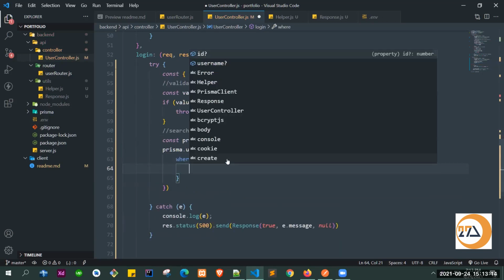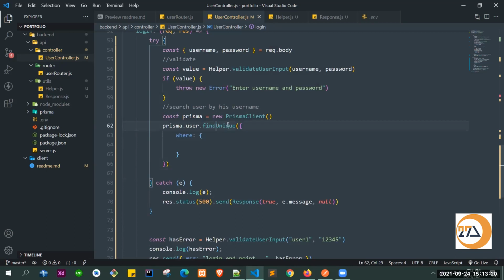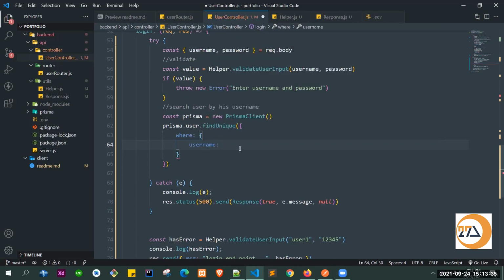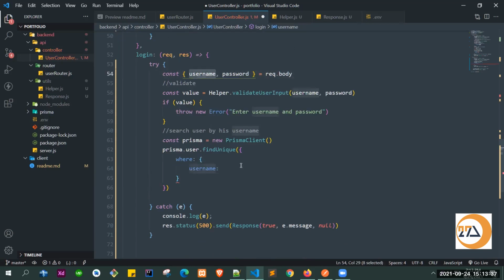With Control space, you can see we can search by these two things: ID and username. Because we are using findUnique, and inside our user model we have two unique things: ID and username are unique values, but our password is not unique. That's why we get these two suggestions. So we will search by username, colon, and the username passed by this user.